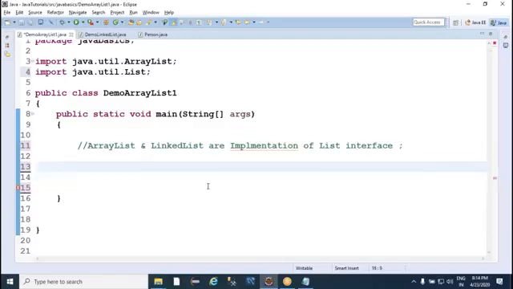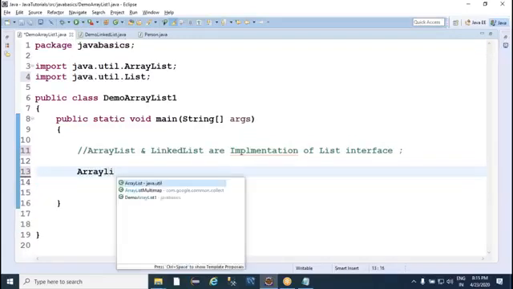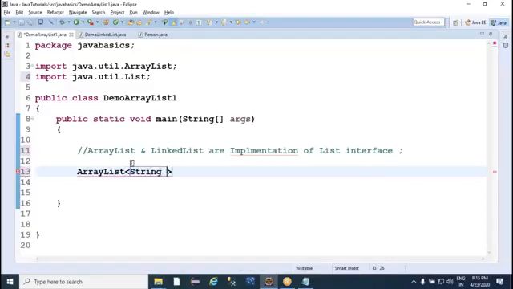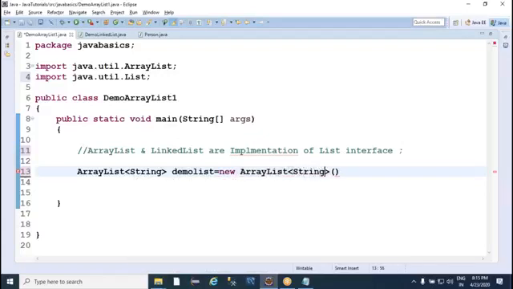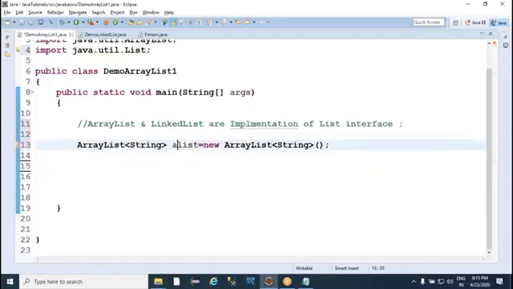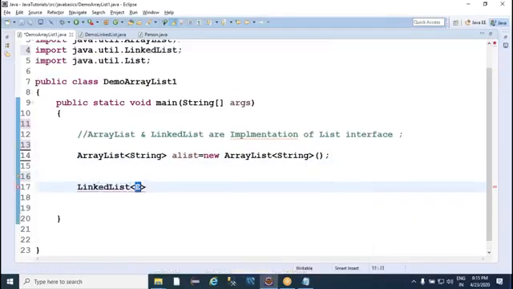So here, what I'm trying to say, previously I used to create an array list in this way: ArrayList, String, name of the object, demo list, equal to new ArrayList. Similarly, I used to create a linked list in this way: LinkedList, String, L list equal to new LinkedList of type string. But hereafter I recommend